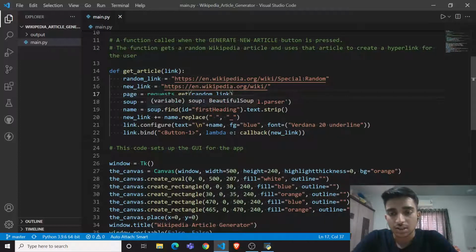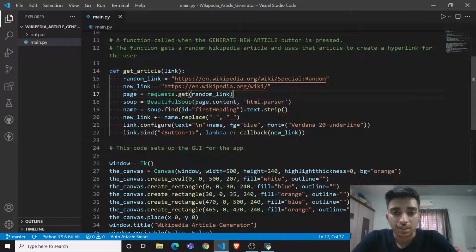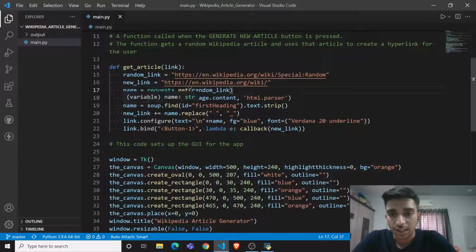And then through the soup object and its soup.find method, I extract the title of the Wikipedia article and store it in the name variable. Then if there is a space between the words, it is replaced by an underscore and stored in the new link variable.